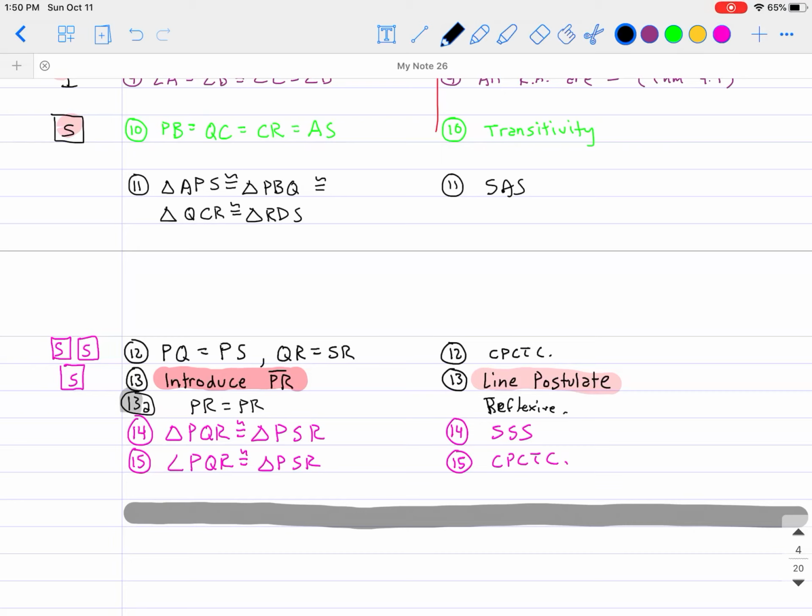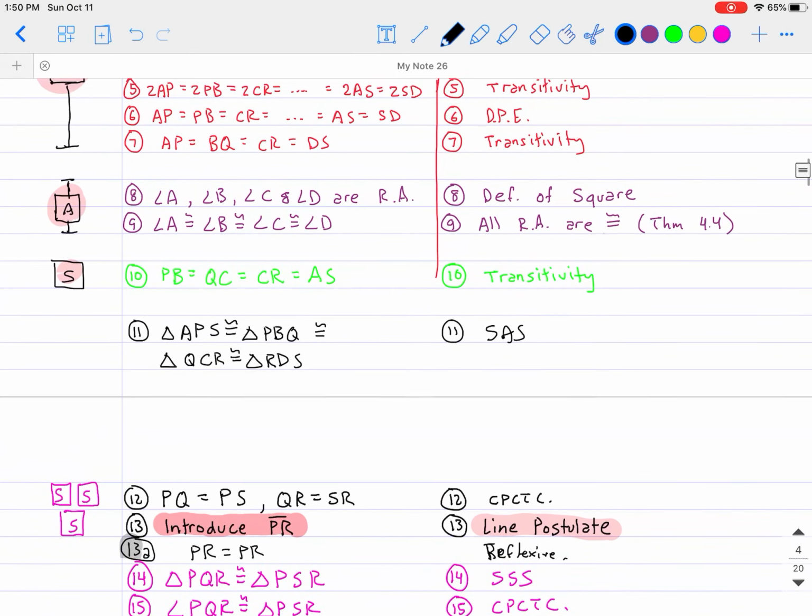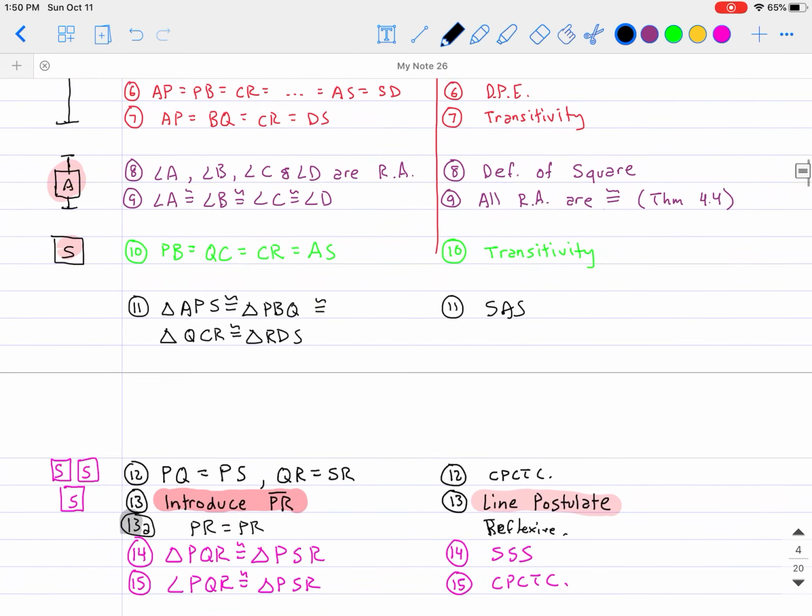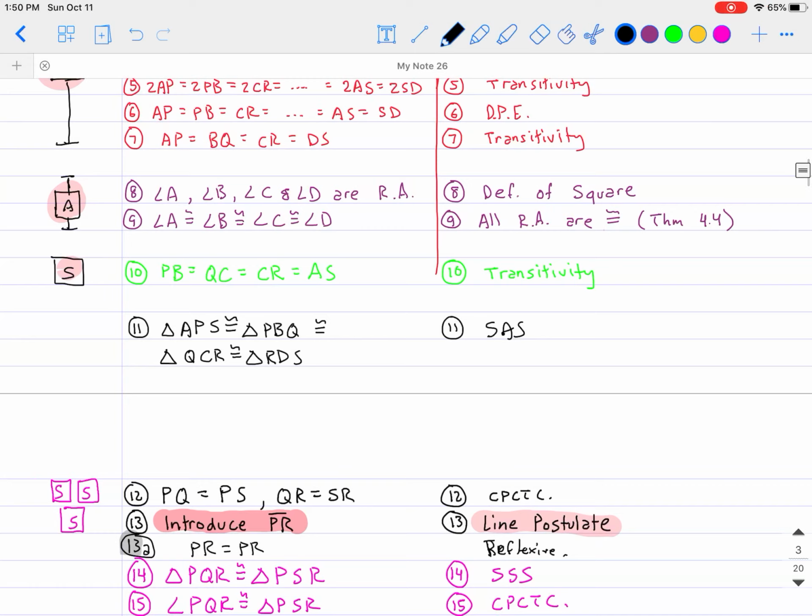But there it is. We're going to say that that segment is just going to be equal to itself. So now we can say that the 2 triangles inside are congruent by SSS. And the corresponding parts will then show that the angles that I want are going to be congruent to each other. All right, so this is definitely going to be a lengthy proof. I never intend for anything to be over 10 steps, but unfortunately,